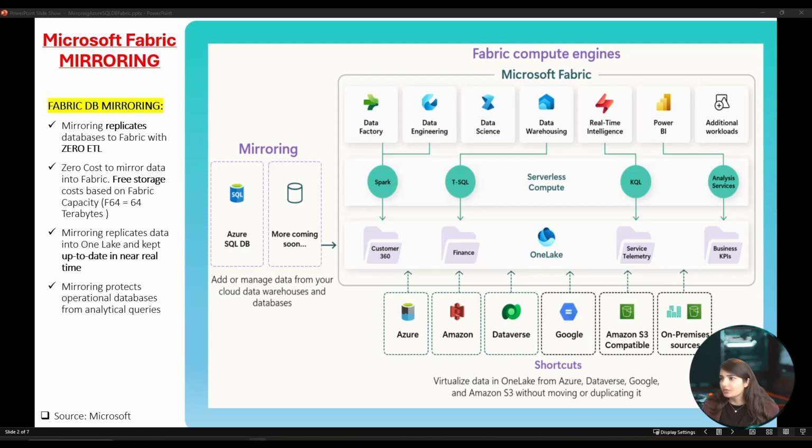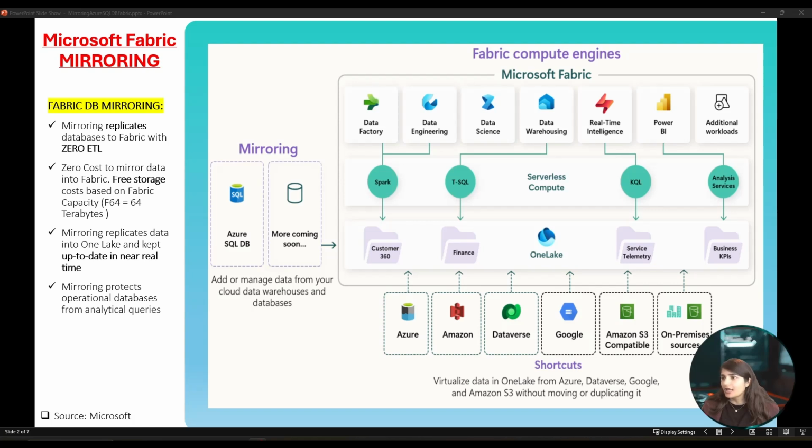Whereas in case of mirroring, the use case is you want to do it with Zero ETL, but you do not want to overload your operational database with analytical queries. So Fabric allows the data to be replicated in OneLake with zero cost associated with